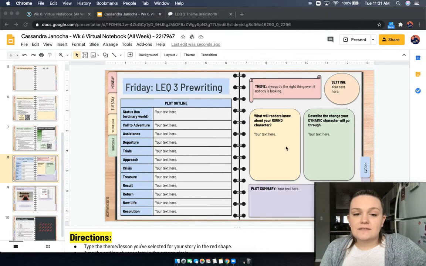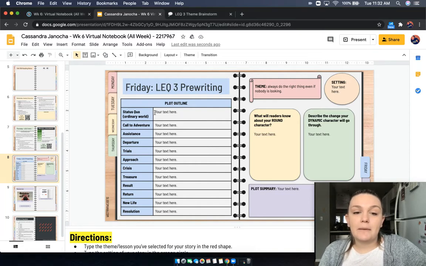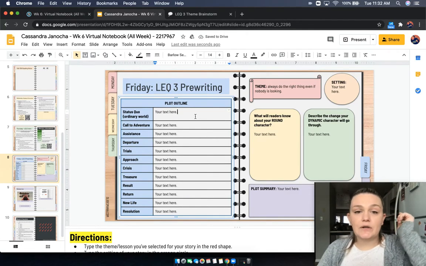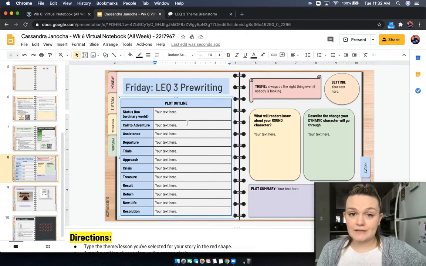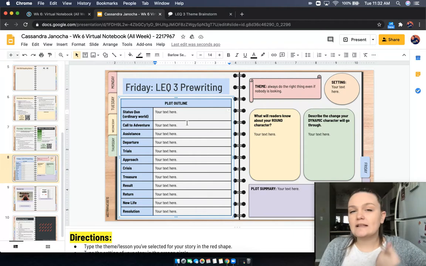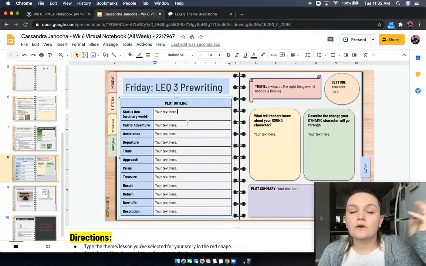Then, once I've got this filled out, I can start thinking about my plot outline. So, my plot is going to follow the hero's journey structure. The status quo is going to answer the question, what is the hero's life like at the start? So, what's the setting? Who is the character? And what's this world that this